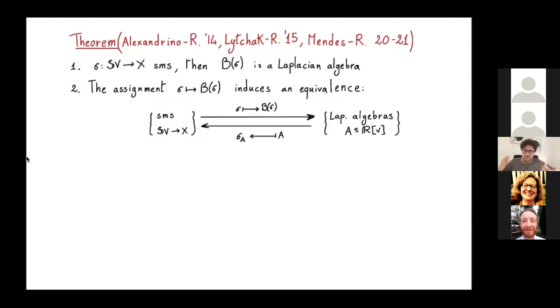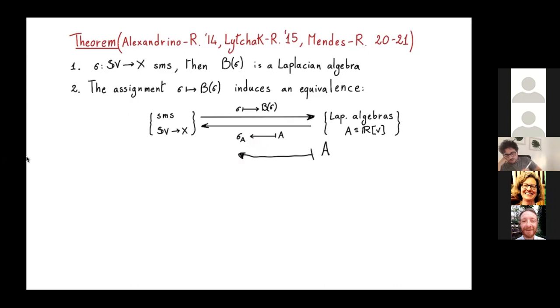They're very simple categories, but nonetheless, these are two functors that go from the geometric category of spherical manifold submetries to the category of Laplacian algebras. If you go in one direction, this is the map that associates to every manifold submetry the corresponding algebra of basic polynomials. And if you go the other way around, for any Laplacian algebra, well,